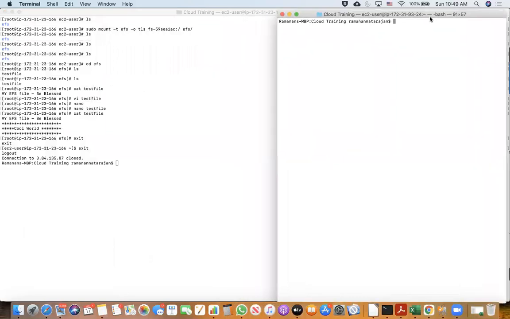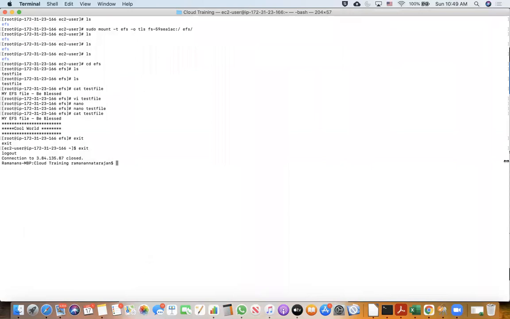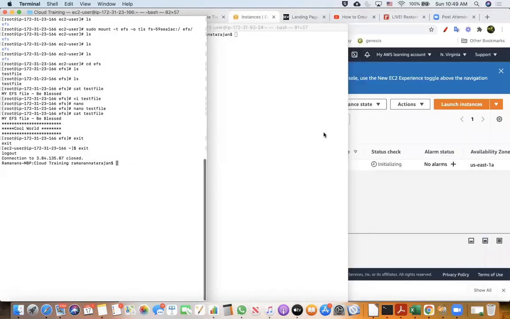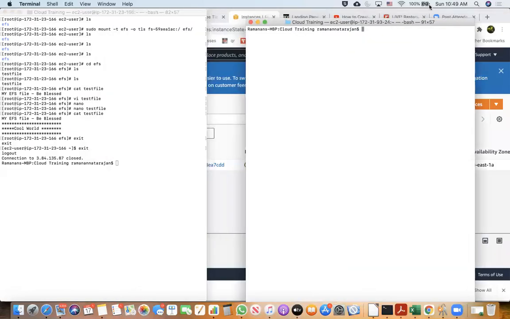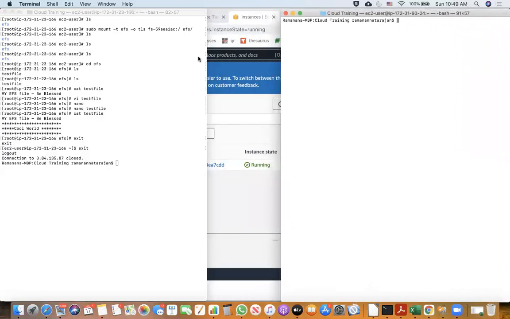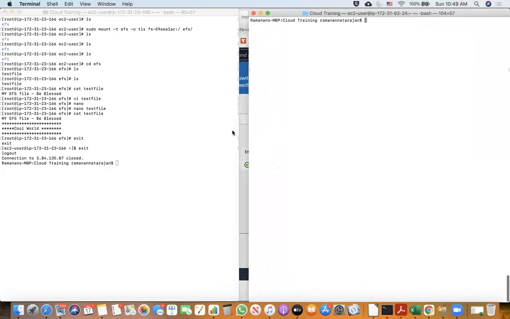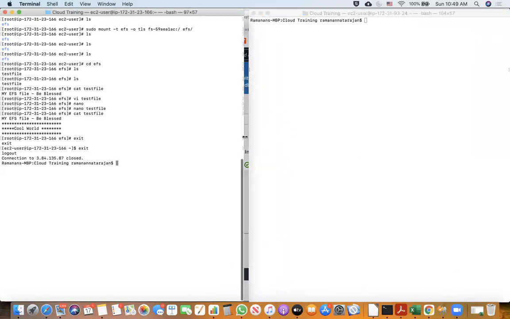I'll take this one and shrink it. So I have two terminal windows. So I'm going to log into both the servers simultaneously on two different screens, so I can really show you this particular lab exercise.